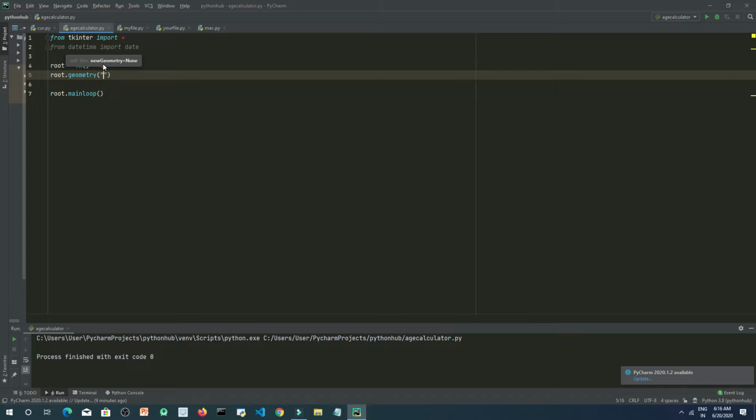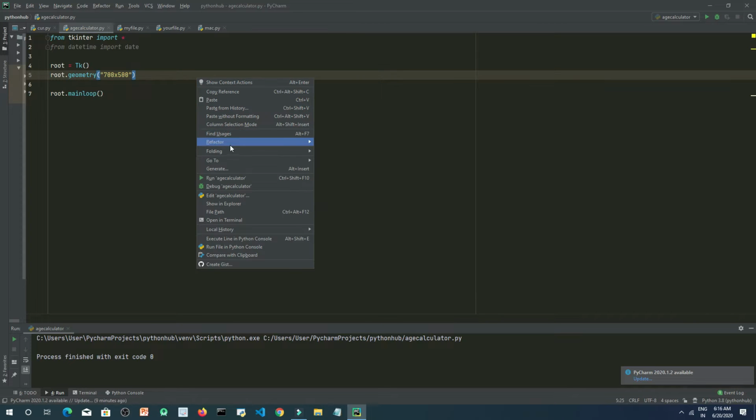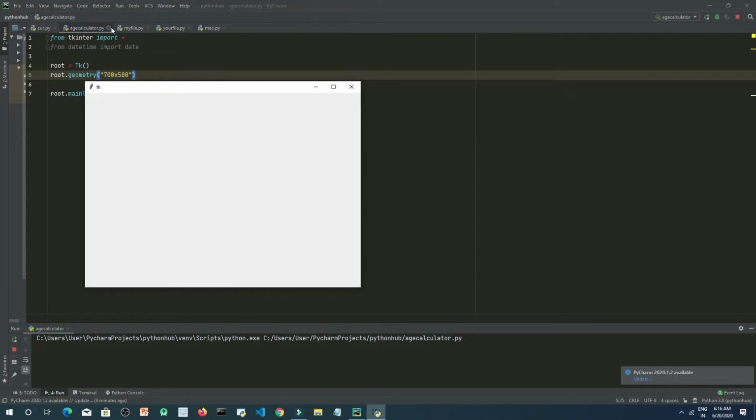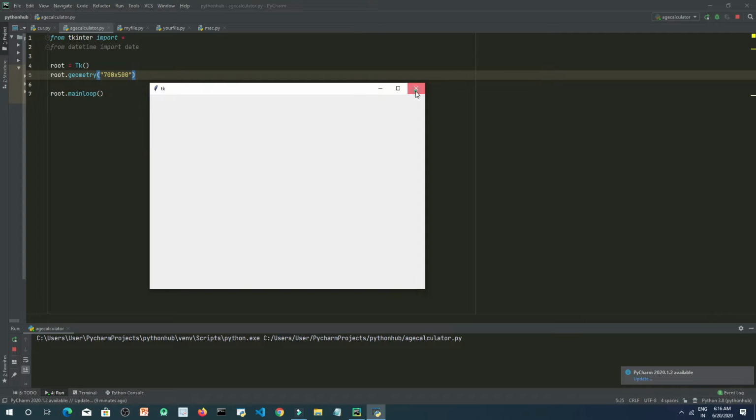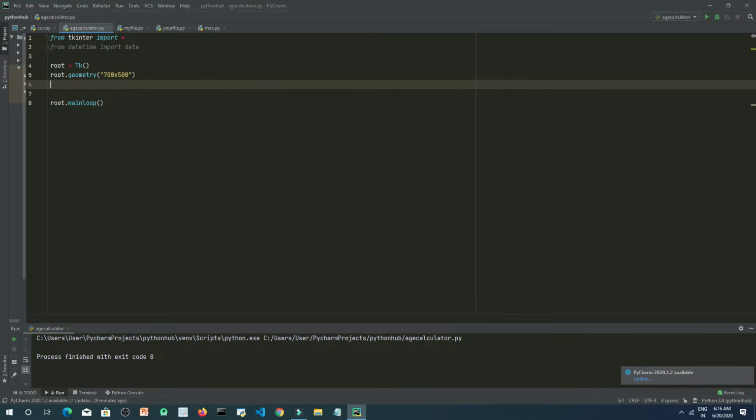Let's say the width to be 700 and height to be 500. Let's check whether it is working or not. Yes, it's working.